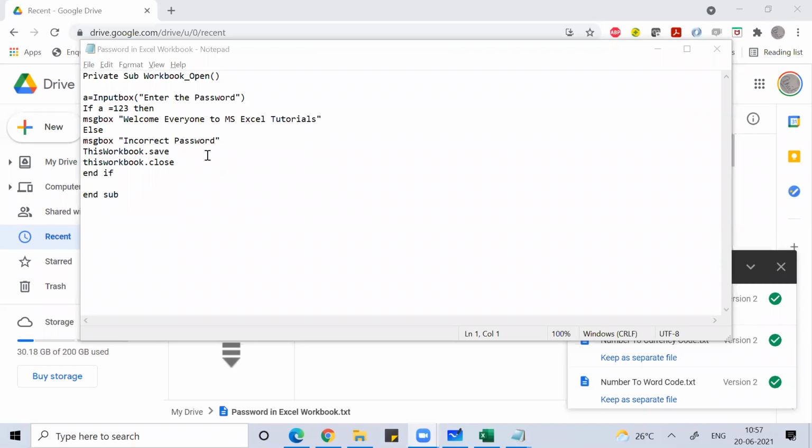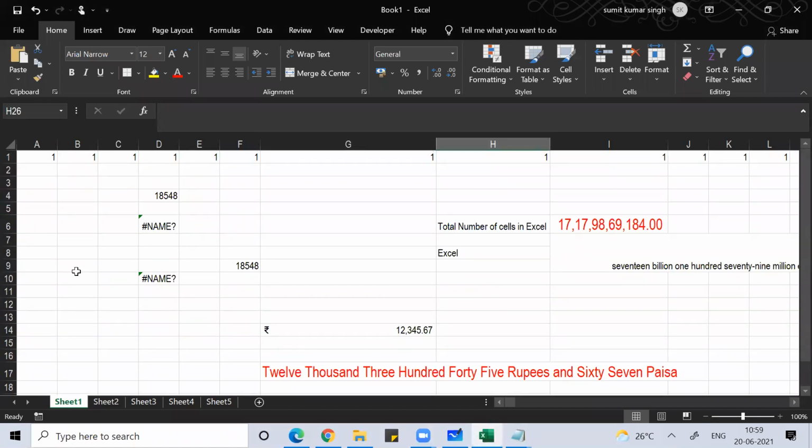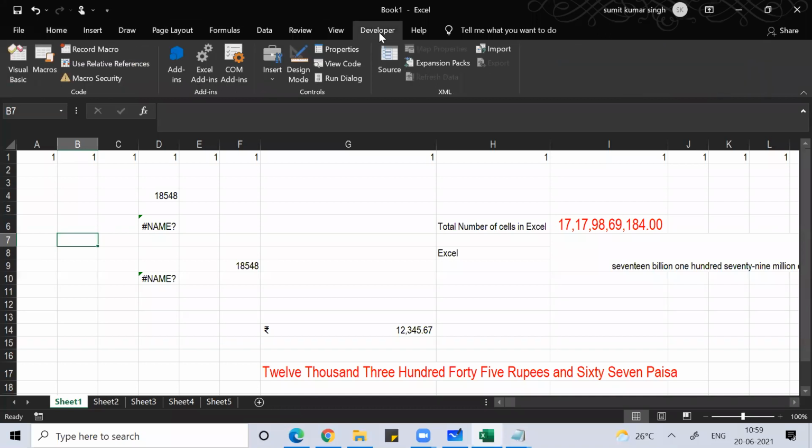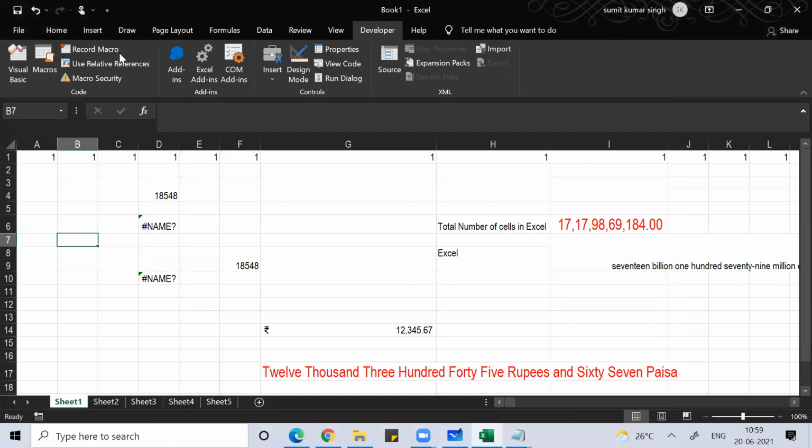Do it, everyone. Let me know if you are finding any difficulty. So what you need to do, guys, if you really want to customize your Excel, since you are putting macros and other parameters: for working on macros, we need the Developer tab. In case the Developer tab is not visible, you can right-click, go to Customize the Ribbon, and tick the Developer tab. That part will be done.